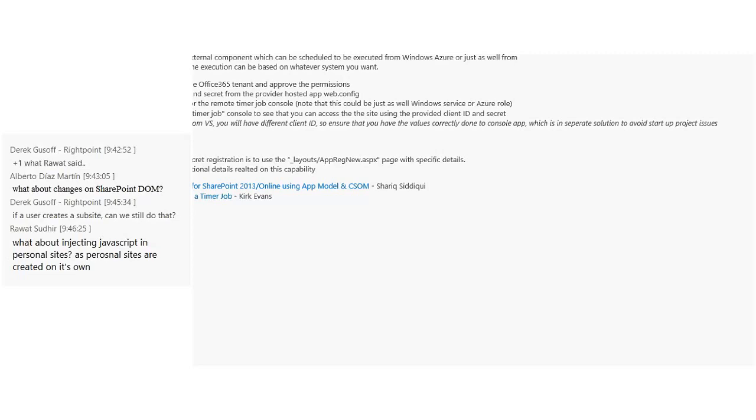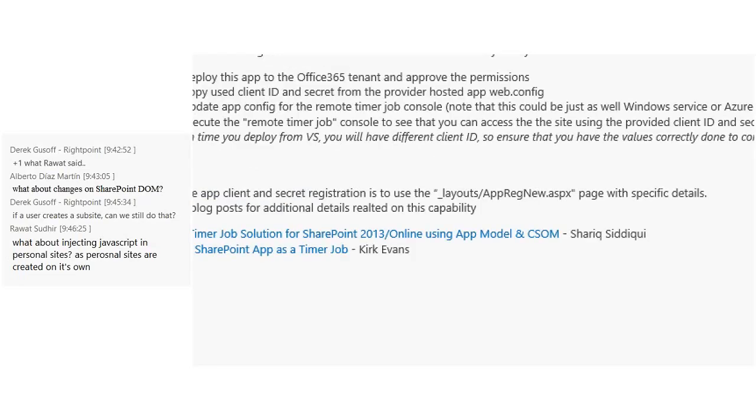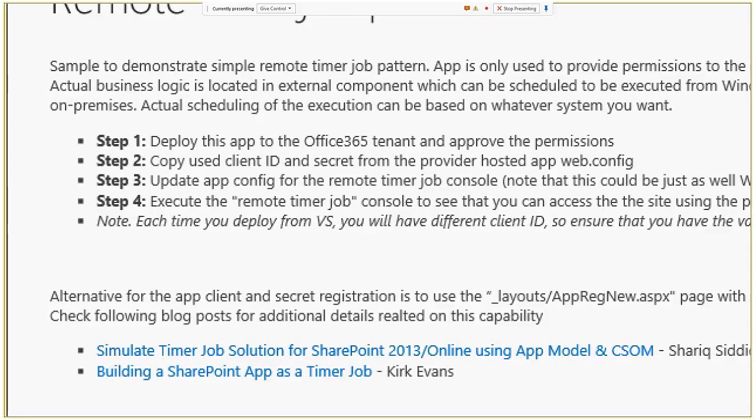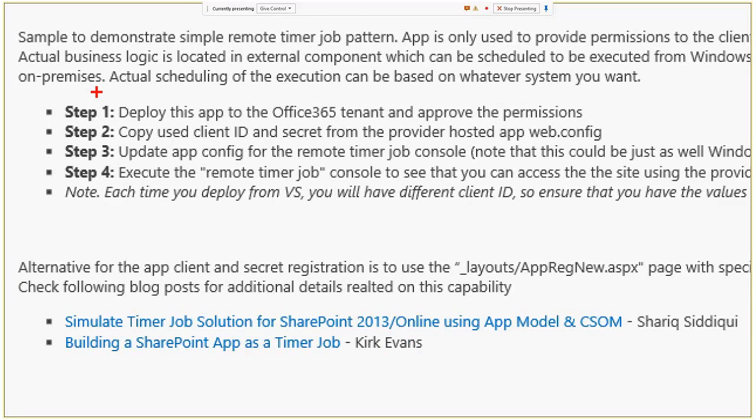So you deploy the SharePoint app to Office 365, and then somebody says, yes, approve. There is an alternative way of getting these permissions for the remote timer job, but this is, I think, a slightly easier way to do it, at least from an understanding perspective. So I'm adding a normal SharePoint app, which is requesting the right permissions, and I give the right permissions to that client ID and a secret, which means that as long as I know the client ID and a secret,